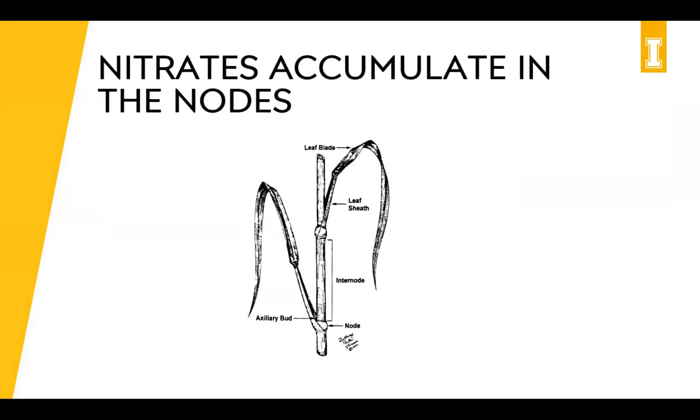A really important thing about testing your forages for nitrates is bringing in a good representative sample of the field. So what I tell people is to either walk the field or get on your four-wheeler and pull out 10 to 15 actual plants of what the cattle are going to be eating. And I say this because when I do the quick test, I go to the bottom node of that plant. So I go all the way to the bottom where the roots are, and I follow that up and I find the first node, because